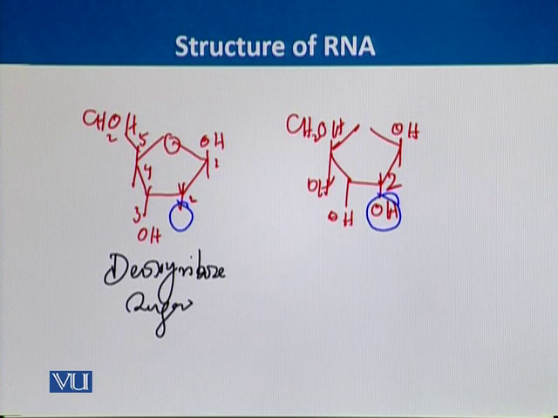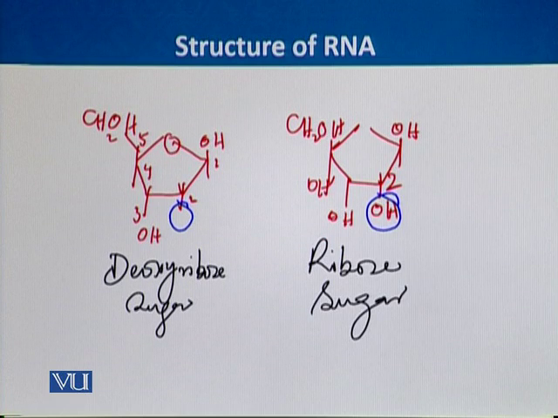So that's why it is called ribose sugar. So this is the main difference between the RNA and DNA sugar molecules. Otherwise, these sugars, either in the deoxyribose form or in the ribose form, combine with the phosphate group and form